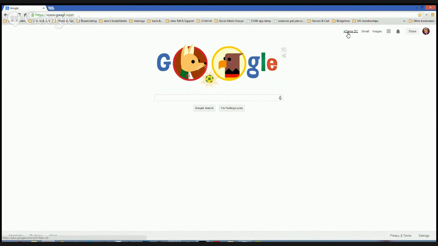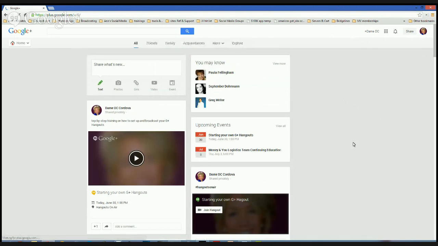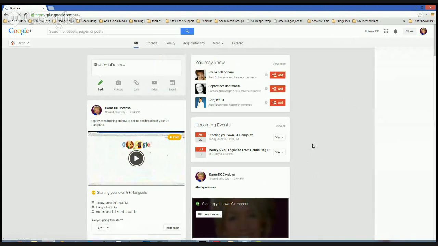Now, something really important. The Google identity you log into, you want to make sure that's the one you want your videos to be stored on, because it will automatically create a YouTube account under the same email. So I'm going to click on Plus Dame DC, as you see over there, and it takes us to the Plus Google,